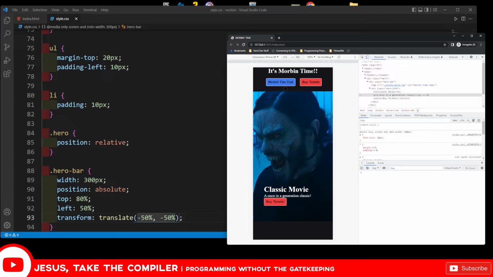So it's now moved down. We have the call to action, fan club, buy tickets up here. And then down here, we have another call to action, and then the main idea, classic movie, and then once in a generation classic, the subtext, and then more buy tickets there. Cool. So now that we have that,